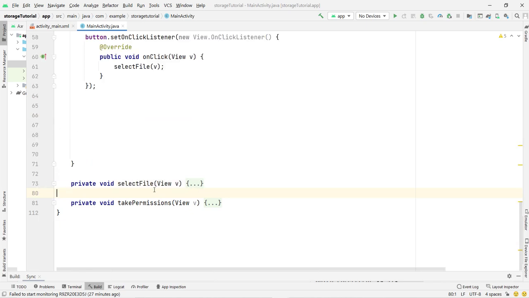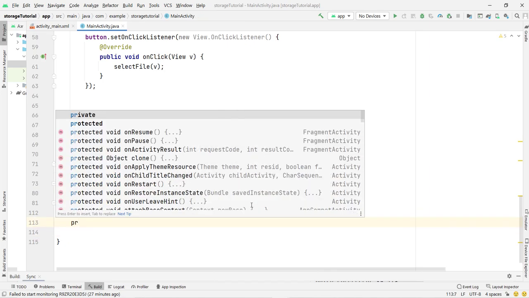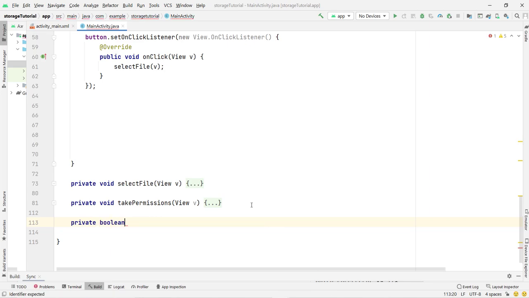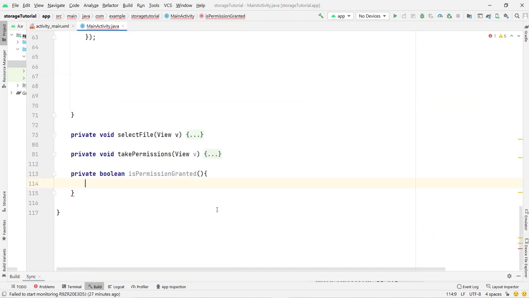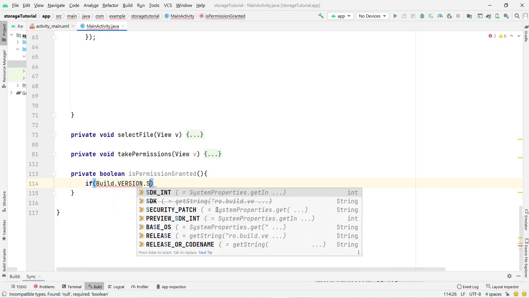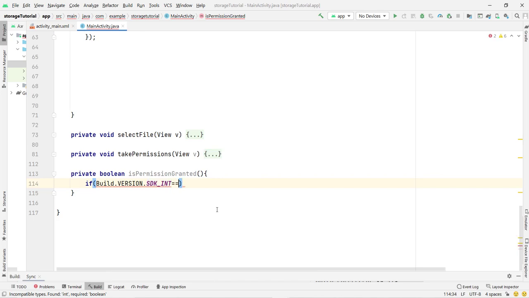Now we have to create one more function. So press enter here, and here we have to create a boolean type function, private boolean, and this function name is isPermissionGranted. Then I can type here if Build.VERSION.SDK_INT equals Build.VERSION_CODES.R. This is for Android 11. If the phone is Android 11, then we have to check a different kind of thing for whether we have permission or not. So for this we have to type return